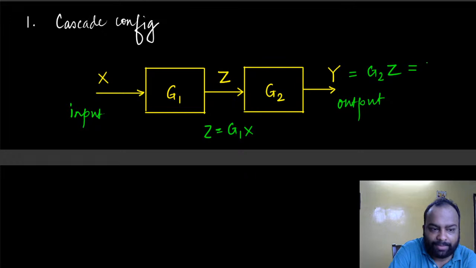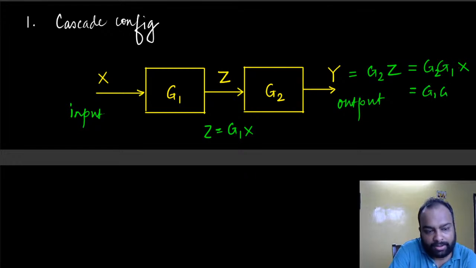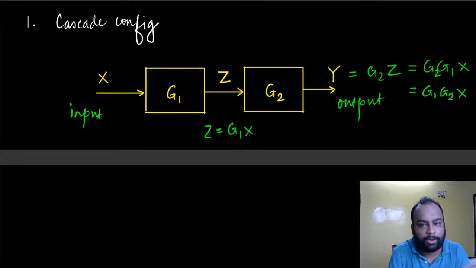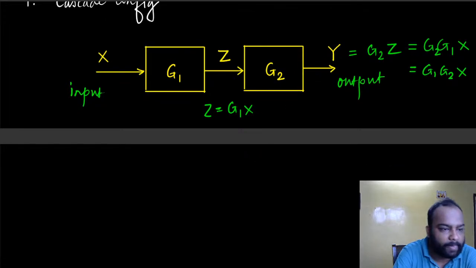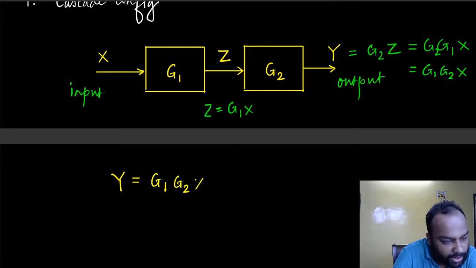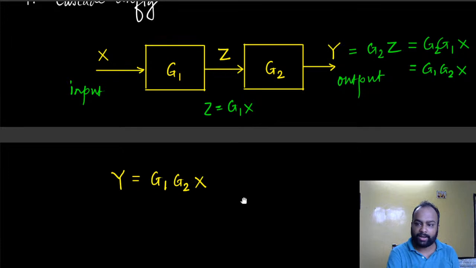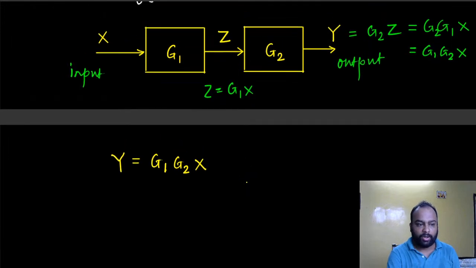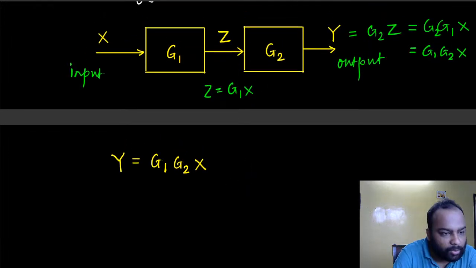So if I write something like that, I have g2 and instead of z I can write g1 and then x. So this is essentially g1 g2 x, because the order in which I multiply complex numbers does not matter. So essentially the output of the system was g1 g2 into x, right? So now with that knowledge,